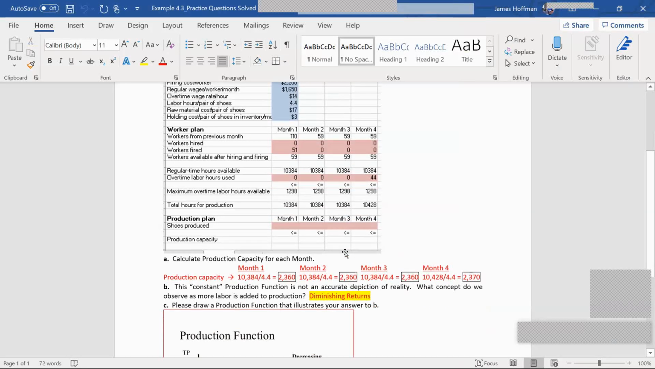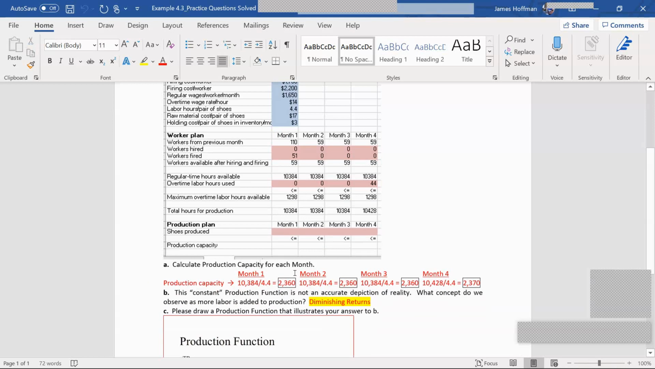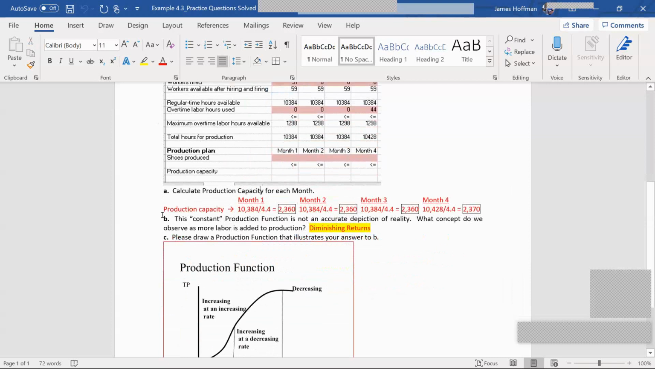And in the final month, the equation's the same, total hours for production divided by labor hours per pair of shoes, but the last month we had 10,428. Divide that by 4.4, and you get 23,670. Alright, so production capacity is simply the total hours per production divided by the labor hours per pair of shoes. That tells you the maximum amount of shoes you can produce each month. Alright, then part B,